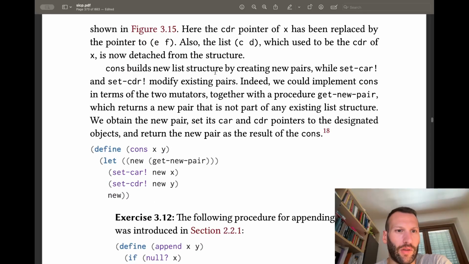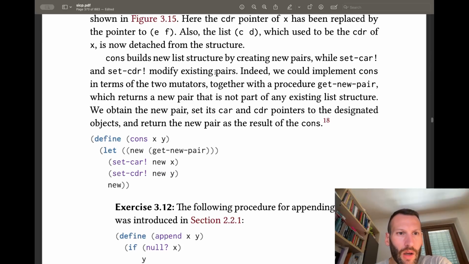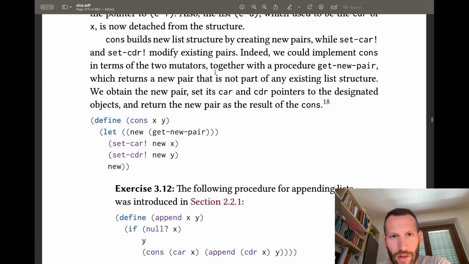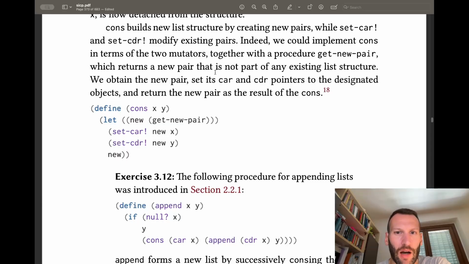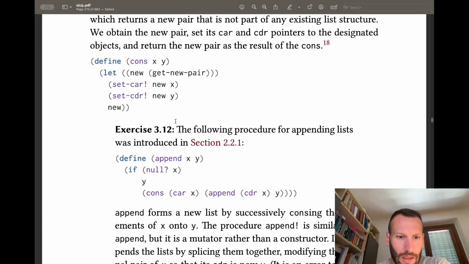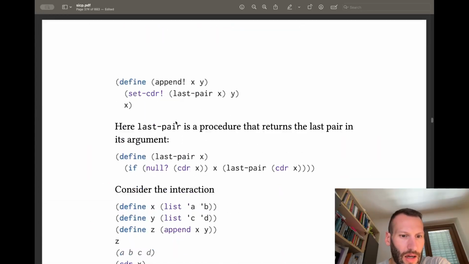Okay, this seems to be very easy and very straightforward. Cons builds new list structure by creating new pairs, while set-car! and set-cdr! modify existing pairs. Okay? They are indeed mutators. Indeed, we could implement cons in terms of the two mutators together with a procedure get-new-pair, which returns a new pair that is not part of any existing list structure. We obtain the new pair, set its car and cdr pointers to the designated objects, and return the new pair as the result of the cons. Okay, seems easy. An exercise,